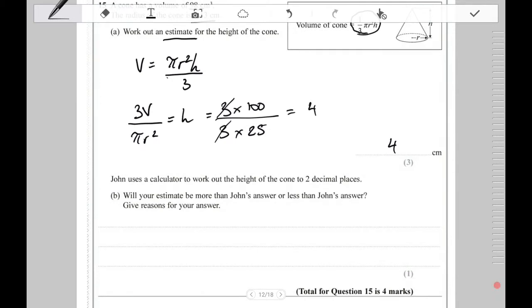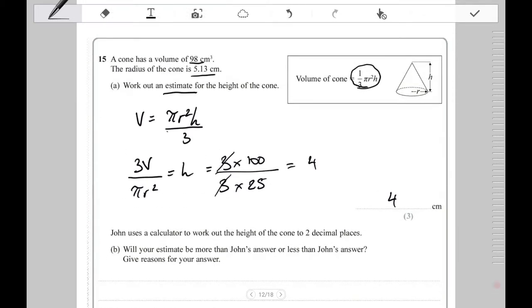Well, looking at the volume of the cone and the radius of the cone, we've over approximated the volume. We've said it's 100. So we could argue that our estimate is slightly higher. Again, the radius is actually 5.13,